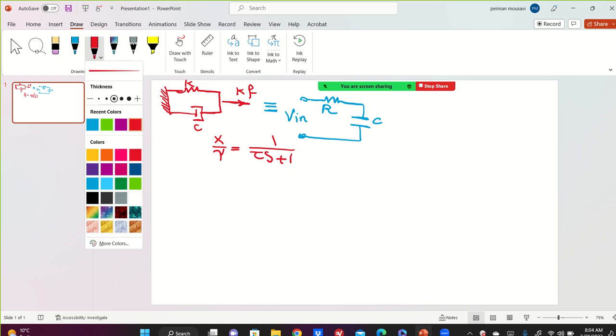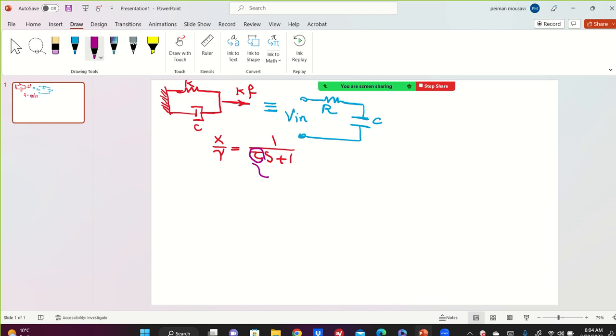So tau is the time constant. Tau is the time constant, right? And for both cases, I showed you mathematically and in MATLAB, simulating both, that if the